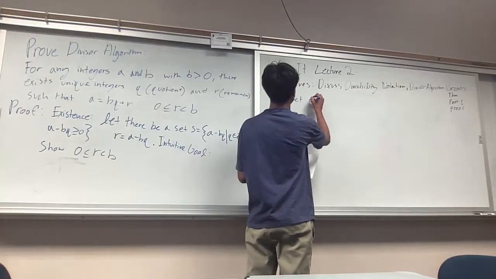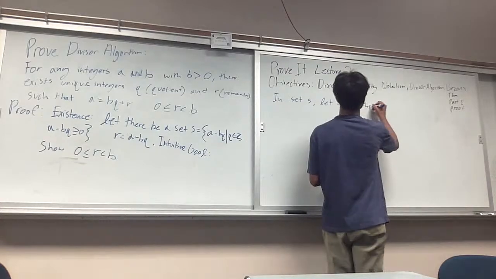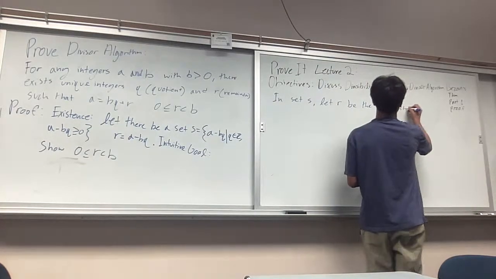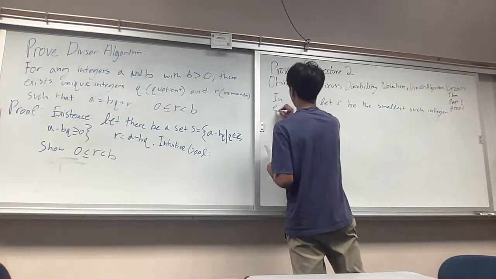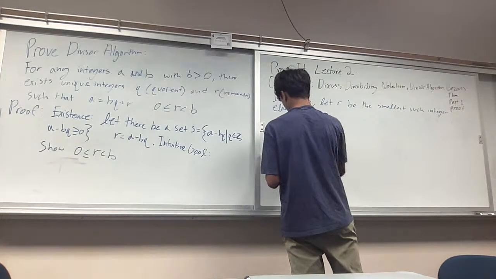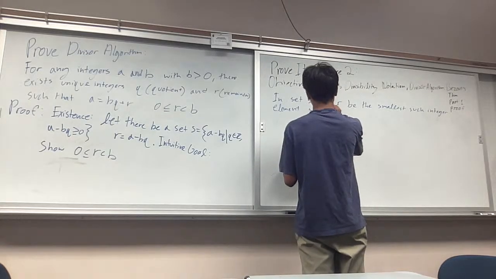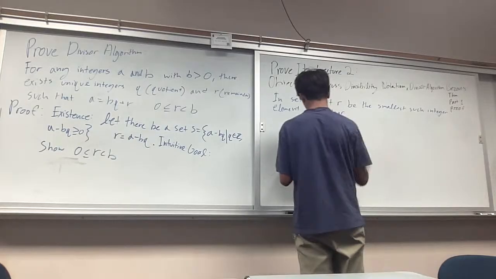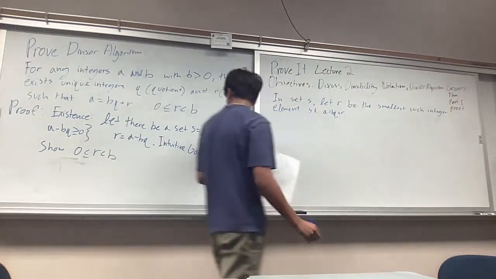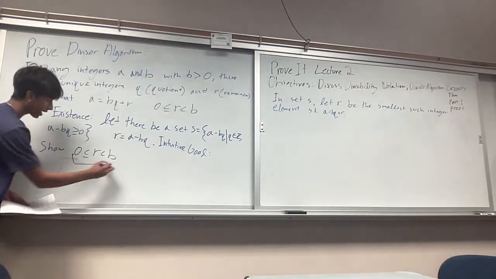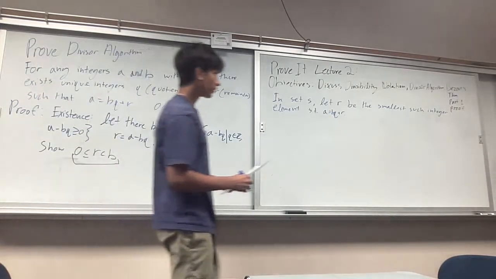In set S, let R be the smallest integer element such that A equals BQ plus R. Now our goal, not to get lost, is to show that this is true. For sake of contradiction,